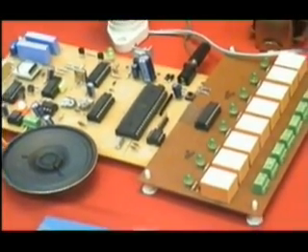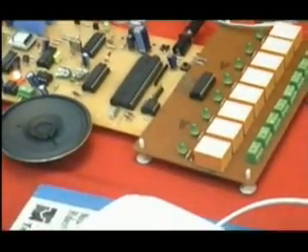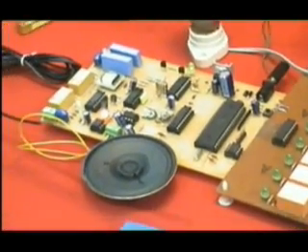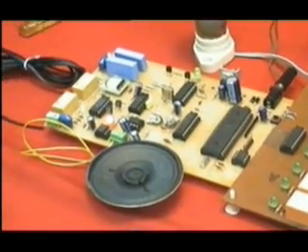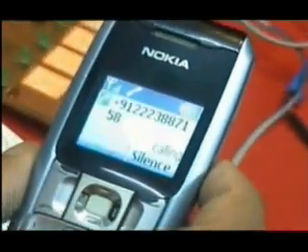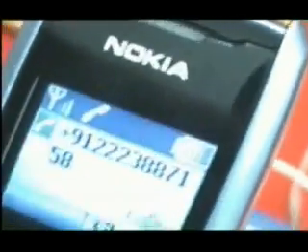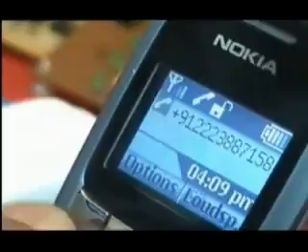And see, it has delivered a message on my mobile phone: emergency, emergency, emergency. See, the call has come on my mobile phone, and if I pick up this, you will see the same message: emergency, emergency, emergency.